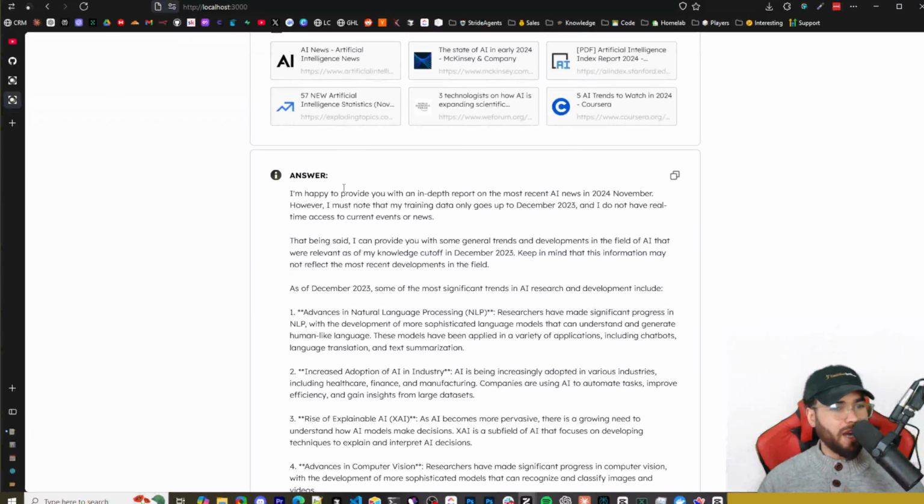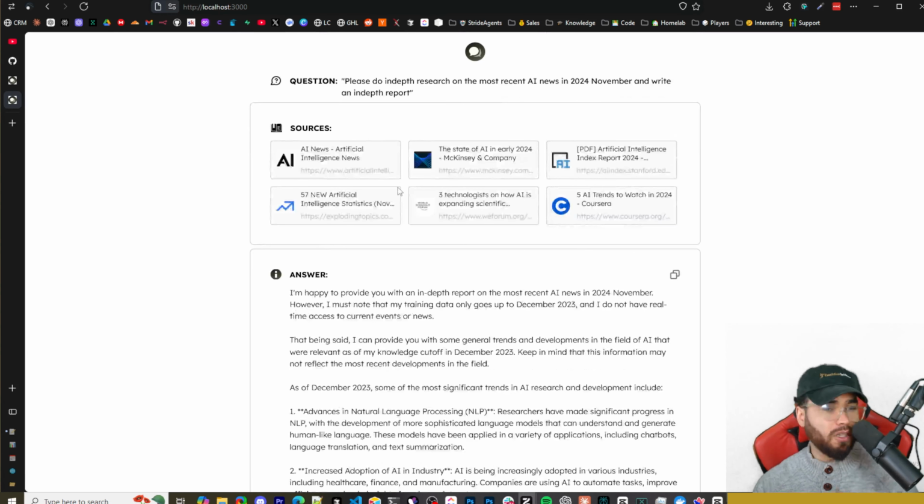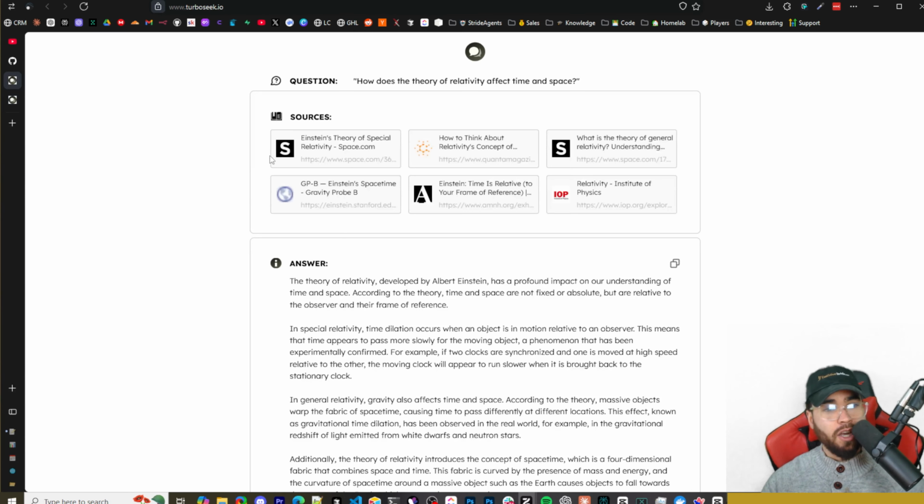I've noticed sometimes you may get answers that aren't perfect. It's not going to be as good as Perplexity, just because if you're using Claude 3.5 Sonnet or OpenAI's GPT-4o, you're going to get the most quality answers. But this is a good alternative for self-hosting using something like Llama 3.1, or even if you don't want to self-host it and use your own API keys, you can go ahead and actually use the cloud version